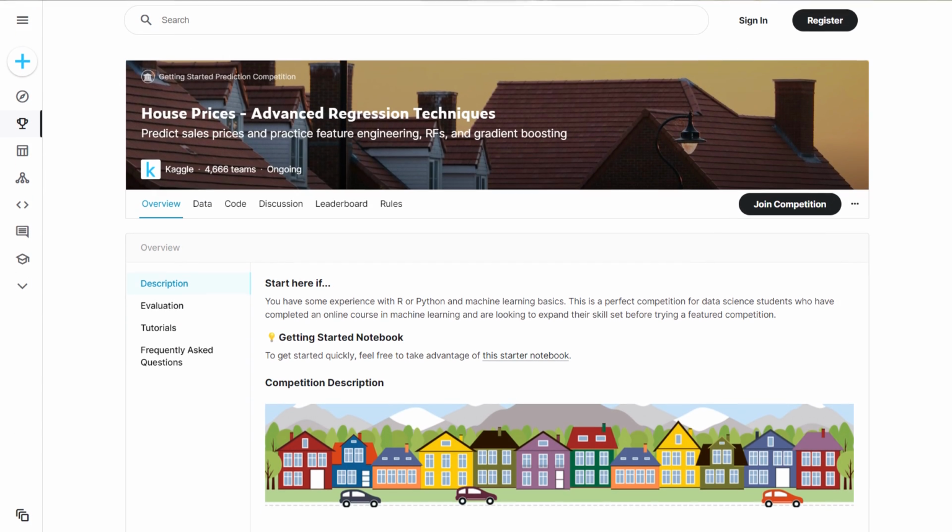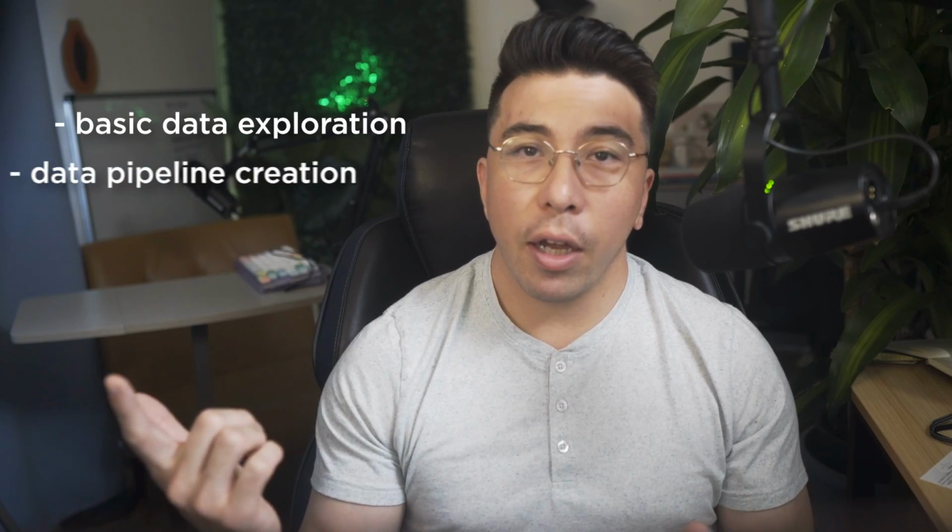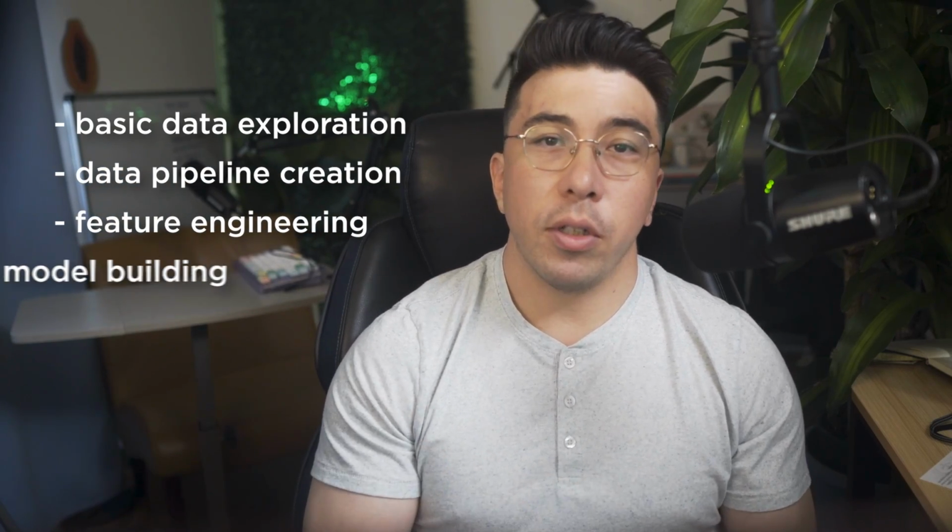Today we're going to be analyzing the housing prices data competition on Kaggle. This is a great way to help you learn how a data scientist like myself might approach a problem similar to this. This should be very similar to my analysis I did on the Titanic dataset, where I walk you through how I approach an analysis from just starting out with a new dataset all the way to the submission of results. This one is just a little bit more advanced and focuses on regression techniques rather than classification like the other one did. Here, I cover basic data exploration, creating a data pipeline, feature engineering, model building, parameter tuning,